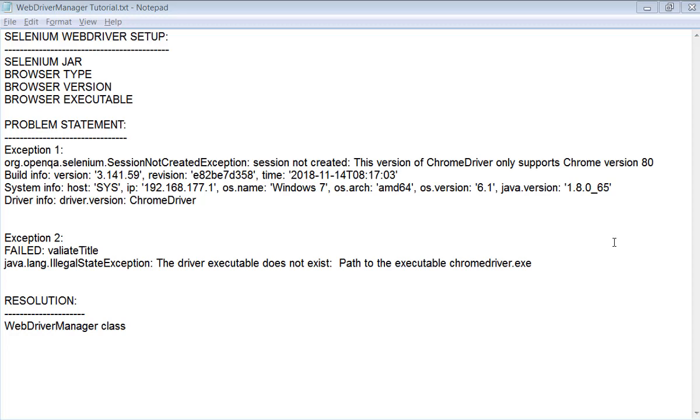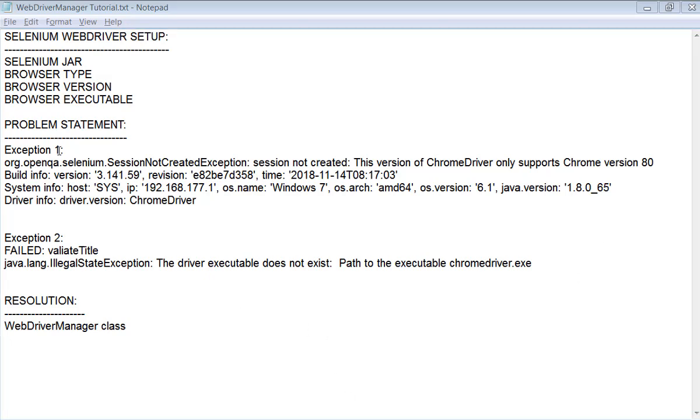In today's topic, we are discussing how to use WebDriver Manager in our Selenium automation scripts. Before we go further and understand how to use WebDriver Manager, first we need to understand the need for WebDriver Manager. For that, let's understand the Selenium WebDriver setup we do mainly when we practice the programs.